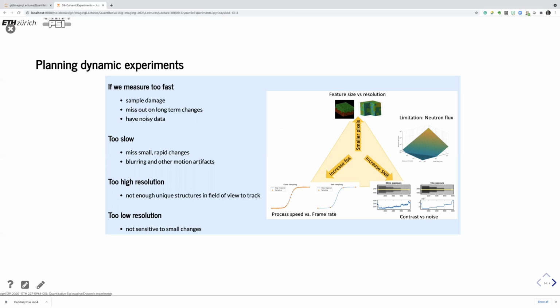If we are too fast, we may damage the sample. We can also miss some effects of long-term changes. We get noisy data. The thing with sample damage is that, for example, if you do a tomography,